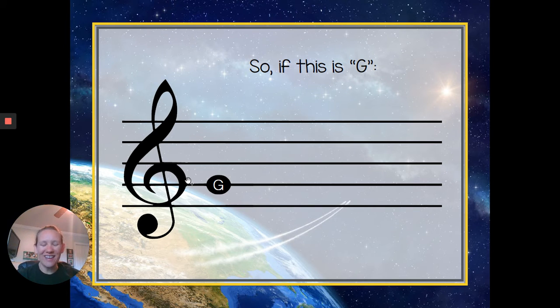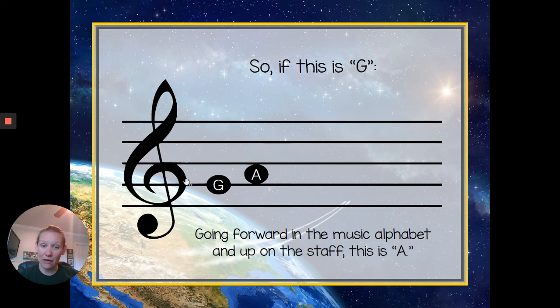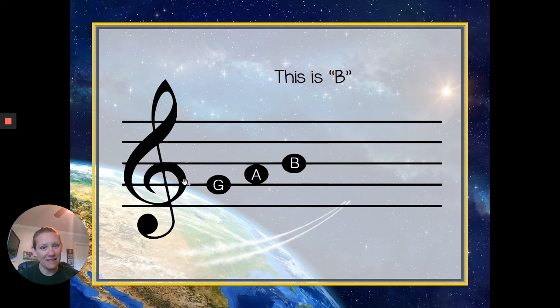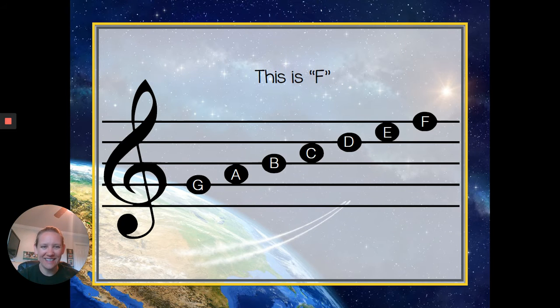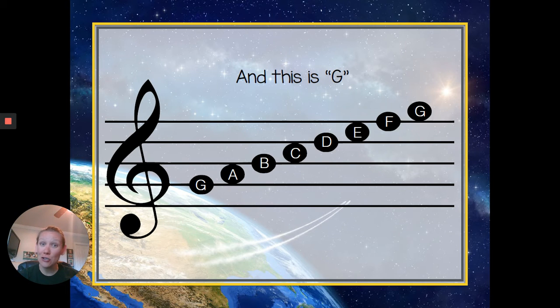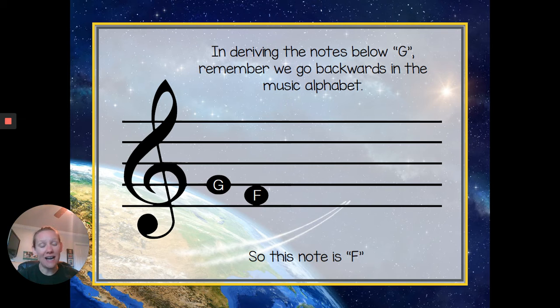So if that's a G, the next step higher wouldn't be an H, of course, it would be an A. And then B, C, D, E, F, and then G sits on the top. Now, when we go down, remember, we have to go backwards in the alphabet, and this is where it gets a little tricky. And this is why I'm so thankful there's only 7 letters, because if there were 26 and we needed to know them backwards and front,